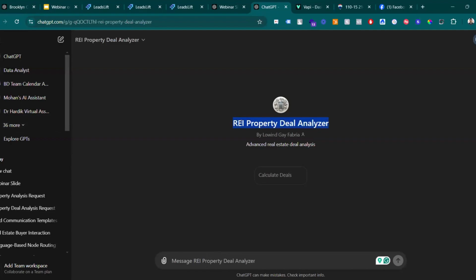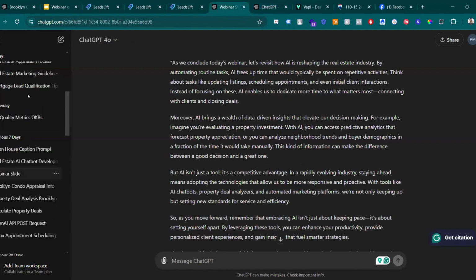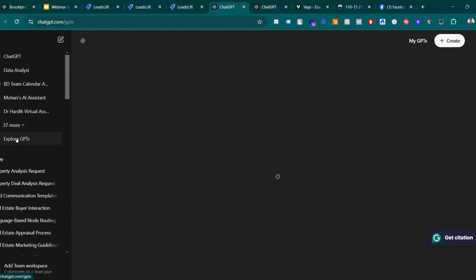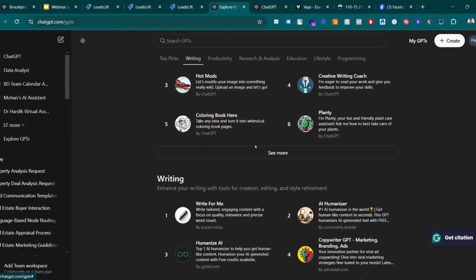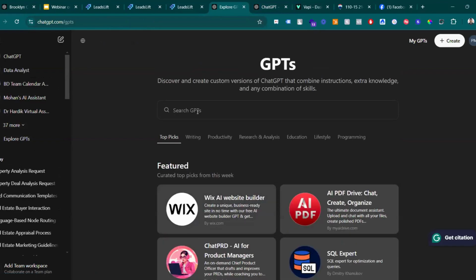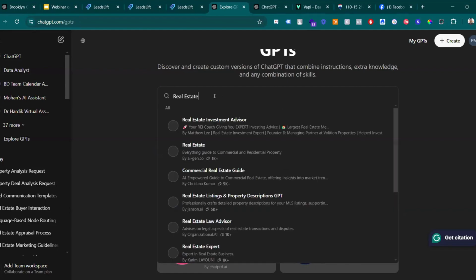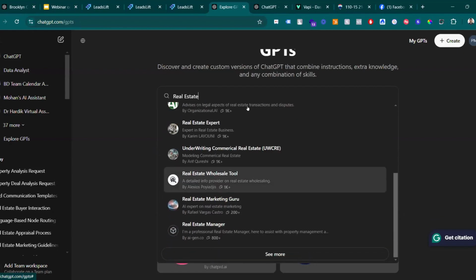So this is basically a custom GPT. This is what the GPT calls themselves. So the GPT apps basically. So how we can add it inside our account. If you go to Explore GPTs here on the left side, you'll get this option to explore multiple GPTs. As you can see, there are hundreds of thousands of GPTs people have been creating and publishing on this GPT platform. So here you can search any real estate term. Even if you search real estate, you'll see hundreds of GPTs here. From these, if you want a particular thing, like a real estate investment advisor or a commercial real estate guide, there are hundreds of real estate GPTs that you can utilize.